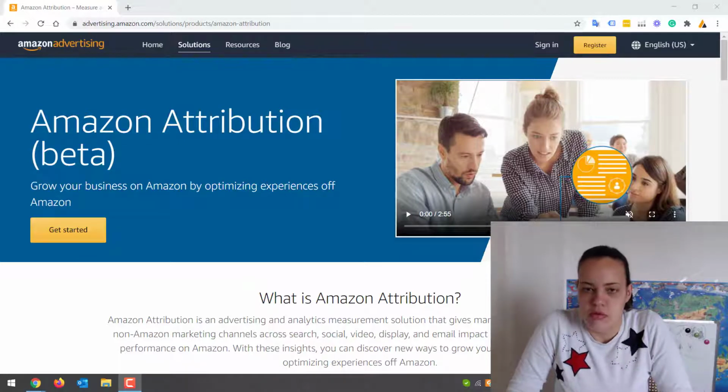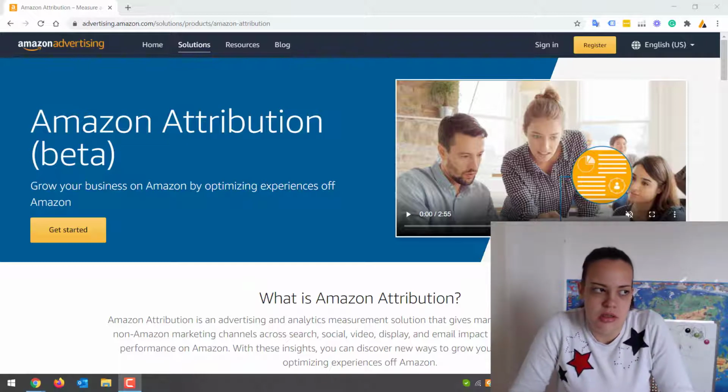You might have heard of Amazon Attribution here and there somewhere. It's been there for the last couple of months, and we still see a huge portion of our clients as well underutilize this feature that Amazon's giving you. Why do we consider this to be underutilized? Well, basically because